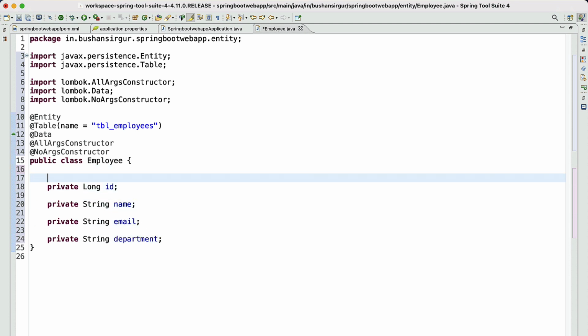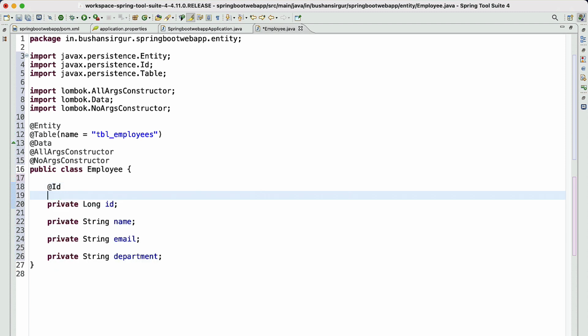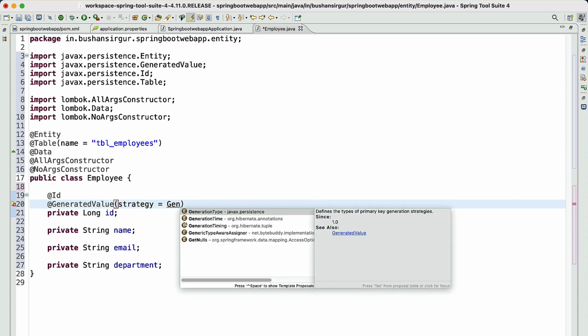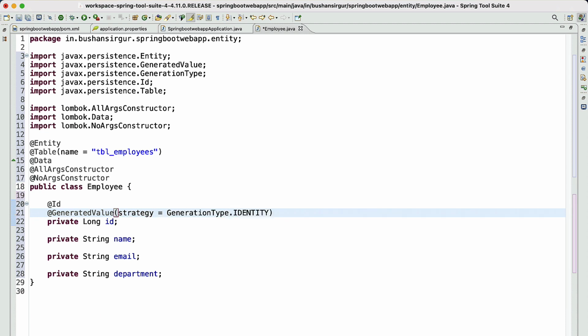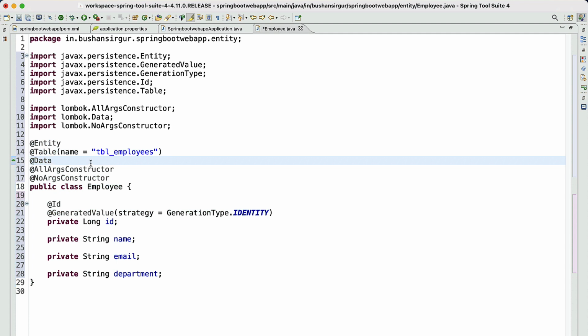We're going to add the JPA @Id annotation, and we will add the @GeneratedValue annotation, and we'll provide the strategy, which is GenerationType.IDENTITY. Okay, now we have created the JPA entity. Let's save this.